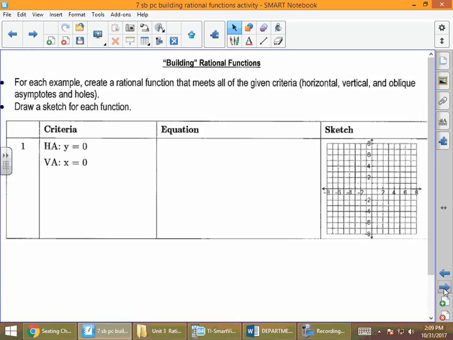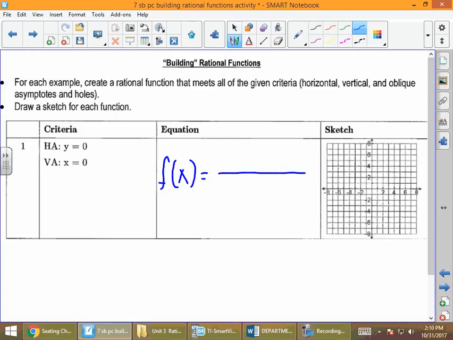I'm not going to spend my time on the sketch. I want to spend my time on writing the equation. And typically what we're given in problem number 1 is a horizontal asymptote at y equals 0 and a vertical asymptote at x equals 0. And we want to write a rational function that meets all this given criteria. And again, I'm going to skip the draw a sketch because I want to focus on writing the equation. And where we usually start when we work with these problems